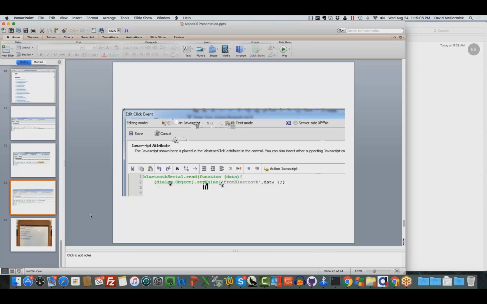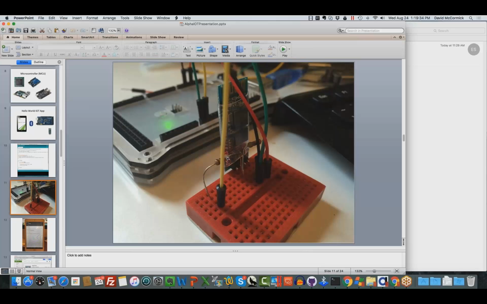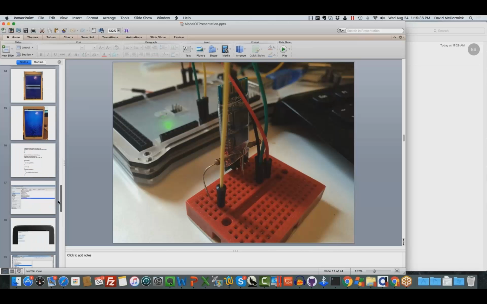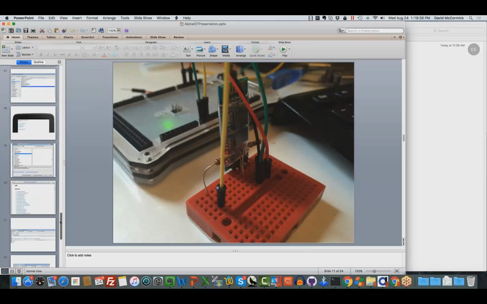And when we did that, interestingly enough, it's always cool to see some feedback. And over here on this board, this light was flashing, saying that it's not connected. As soon as I clicked connect, that light stayed solid. So I knew that that portion of it was working.